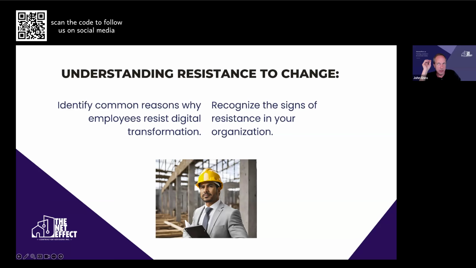And a little trick of the trade, and this should be part of your change management plan, is maybe just introduce, if you're doing a wholesale change on project management, maybe don't get everyone to swap over. Take one job, maybe not too big a job, you have good margins in it, it's safe, and get those champions. We'll talk about champions of digital change later on, but get them to use it for that project and brag about it. Show everyone what they're doing and how much they like it. I mean, there might be problems, but at the end of the day, if they do it right with the help of the SaaS provider and maybe someone like the Net Effect to help them adopt it properly, they will see the benefits.